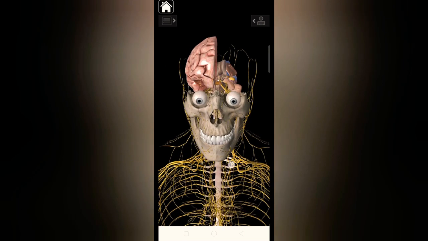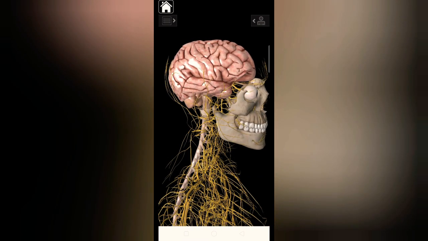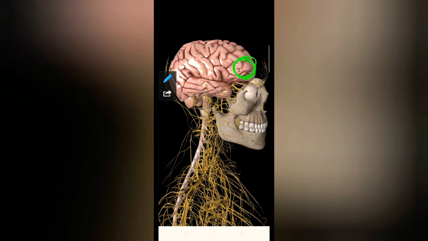Now continuing with the poles, the cerebrum has three major poles. What are the three poles? The frontal pole. The frontal pole is at the front part. This is the frontal pole. The occipital pole, which is posteriorly present, and the temporal pole, which is the anterior end of the temporal lobe. This is our temporal lobe and this is the anterior end of the temporal lobe. This is the temporal pole. So the frontal pole, the occipital pole posteriorly, and the temporal pole laterally. These are the three poles of the cerebrum.